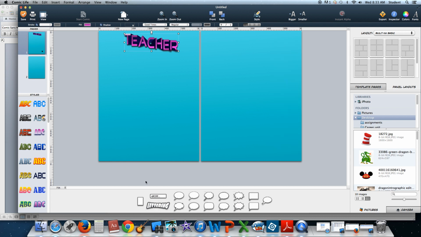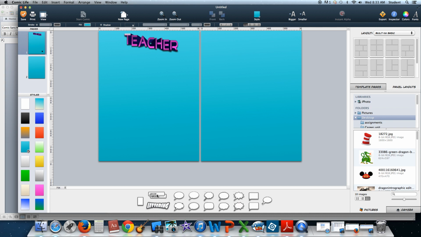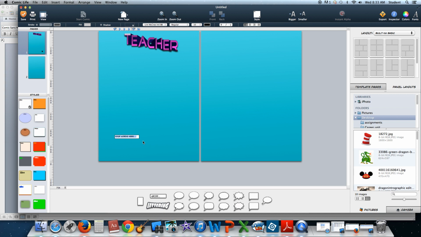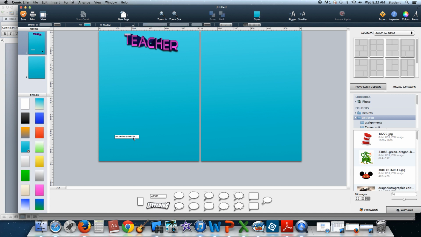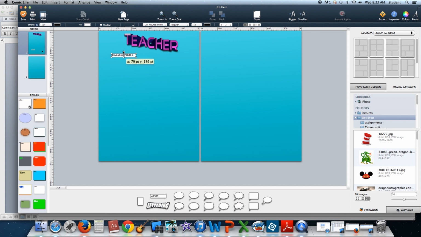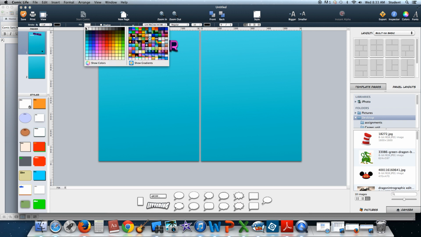So for your text boxes, actually let's do your name box first. So I'm going to click these A, B, C, D, E, that is the text box, and I'm going to type my name there, as well as period number. All right, now you see that this is in a white box. In order to get rid of the white box, what you need to do is go to Fill, and if you click on Show Gradient,